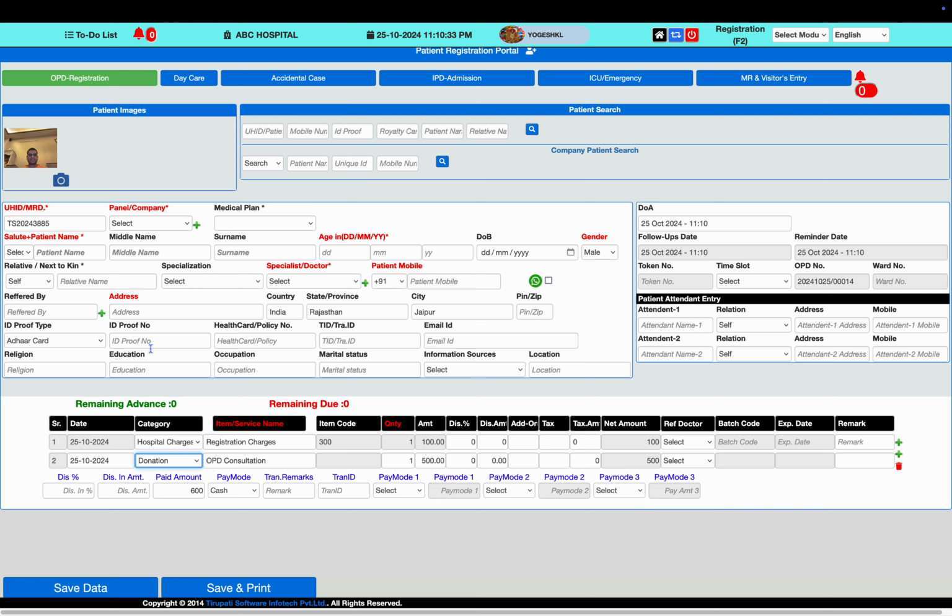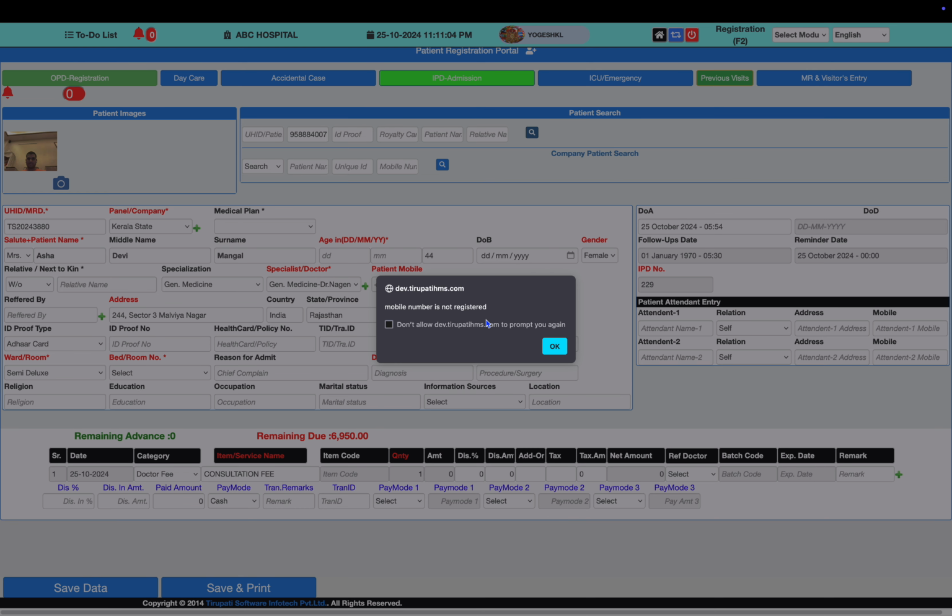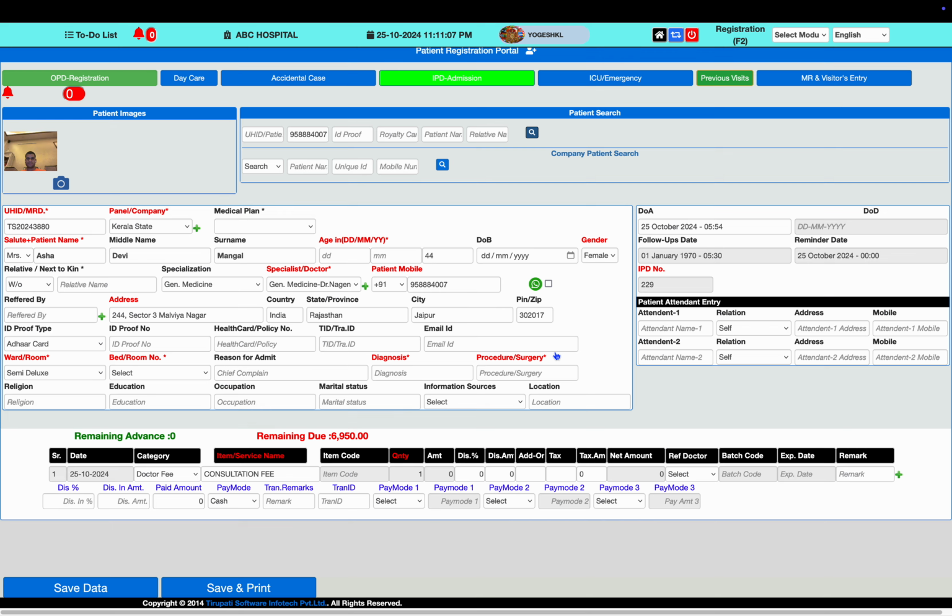If you have an old patient, you can use the patient's mobile number or, for example, the UHID number, and put it here. The patient data will auto-reflect on the screen. Like I used an old UHID containing the patient name Asha Devi Mangal and other details. So the data is fetched. And if you don't have any UHID memorized, we have the option to find the patient via mobile number, and we can find the patient name, records and so on. Either mobile number or UHID or some other detail, we can find the patient.